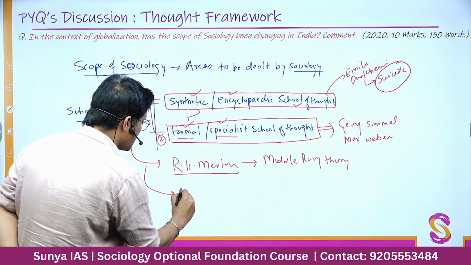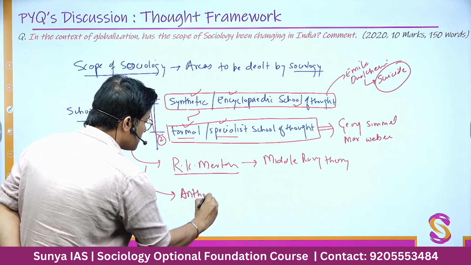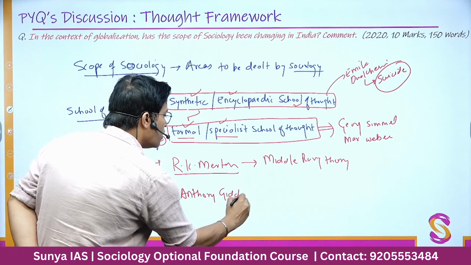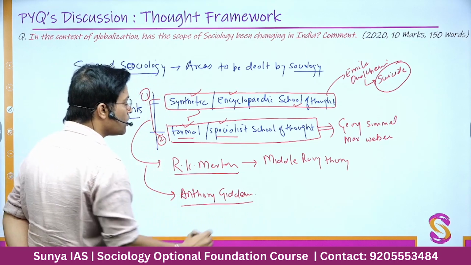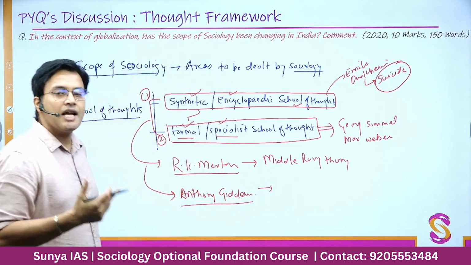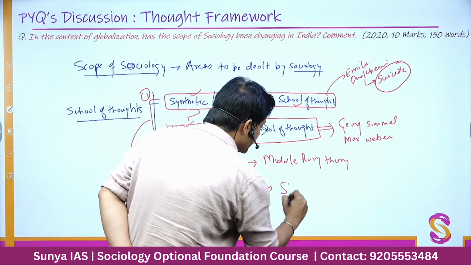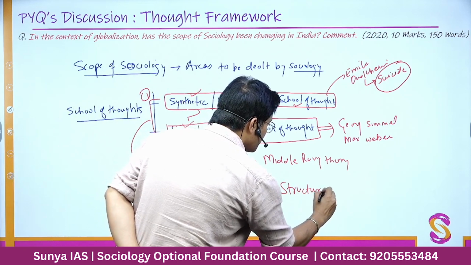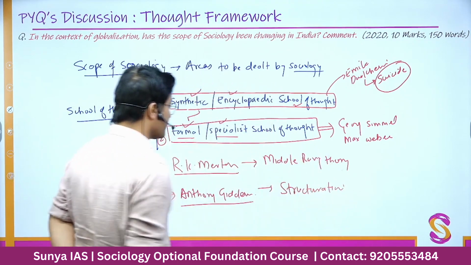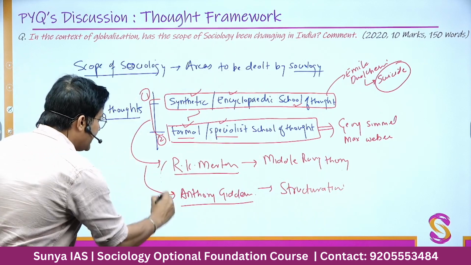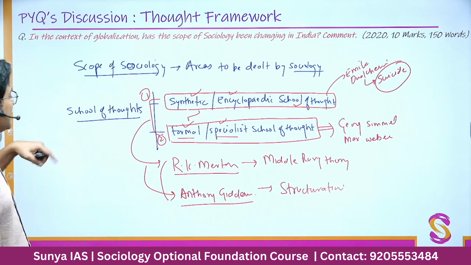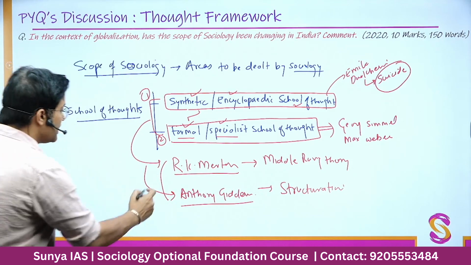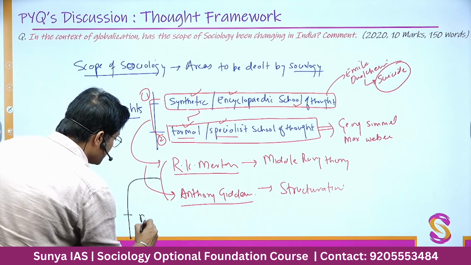Then we can also talk about Anthony Giddens. You can quote even more thinkers. I'm just giving you a broad idea of who talked about the agency versus structure debate, where Giddens gave the concept of structuration. Then again, the scope of sociology in later days started expanding when various other perspectives developed, just like